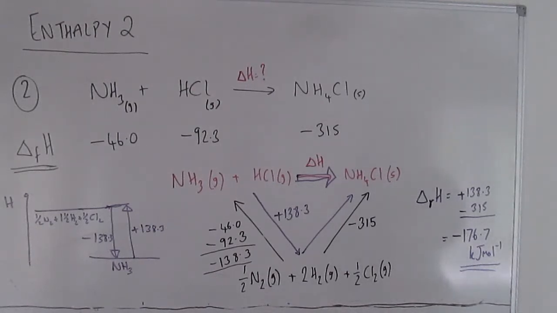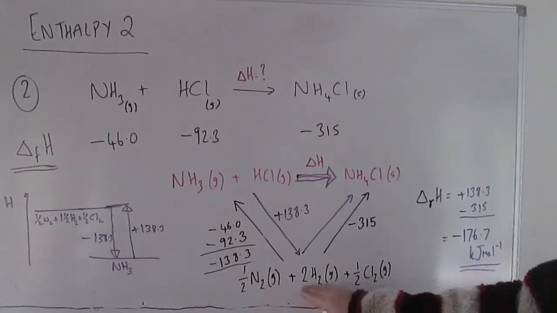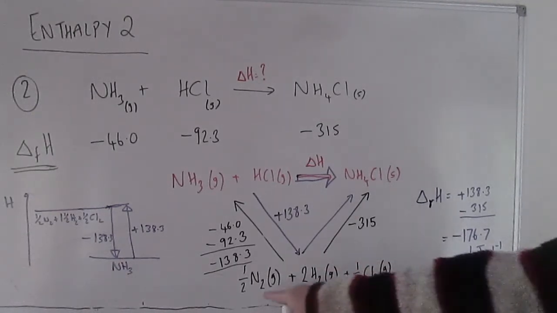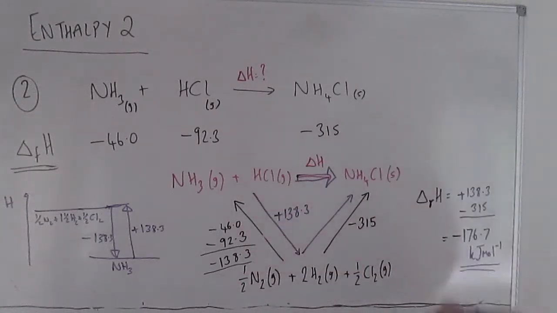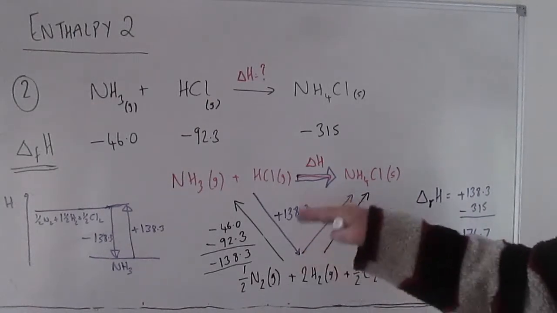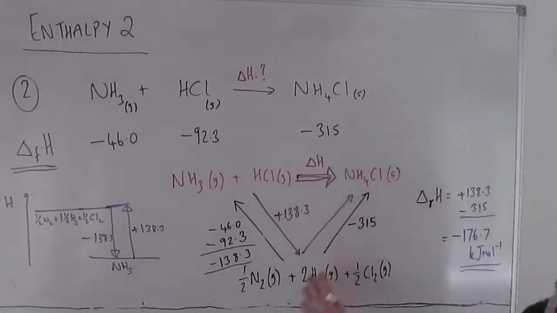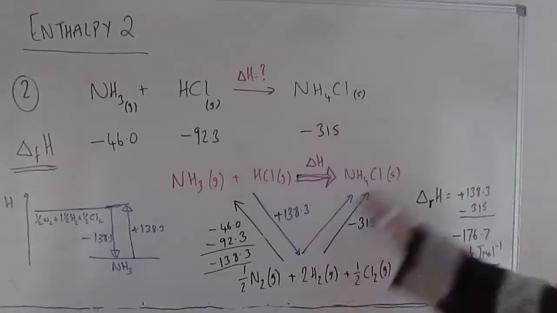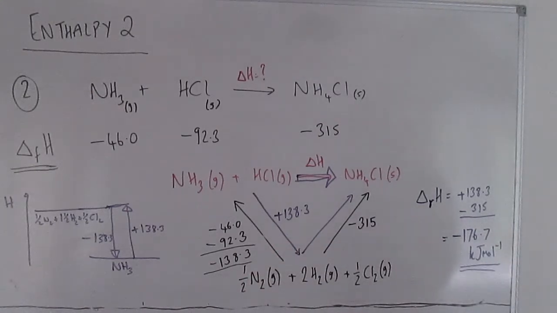The one thing you might consider is that we didn't really need to work out how much of each element we needed and what form the element was in, because it came out in the wash. You know, if we'd got it wrong and decided, you know, it was N13 or something instead of N2, the number of moles would have been different, but it wouldn't have affected this calculation at all, because whatever form these are in, the same number of moles, if you like, are created when you come down this way as are destroyed when you go up that way. So what I'm saying is that in some ways that's a waste of time in terms of the calculation.